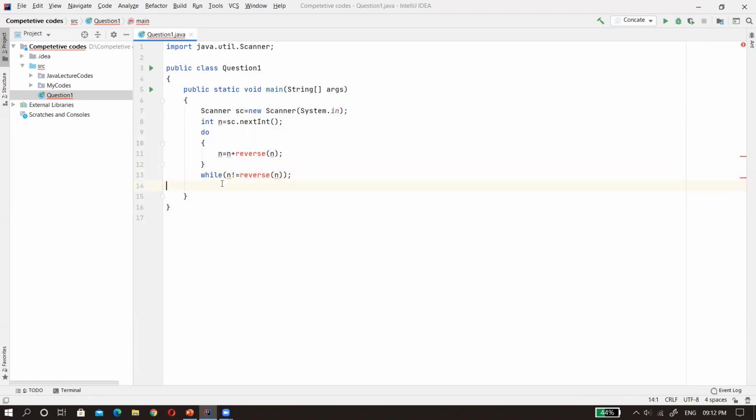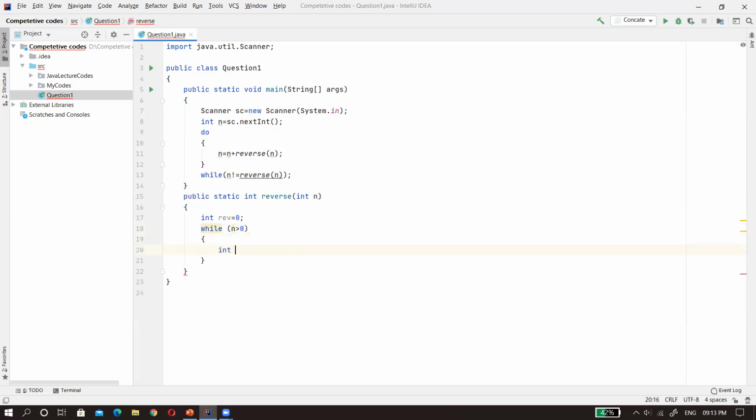So now only one thing is remaining, that we have to create the reverse function. Public, then you can see I am calling the function without an object, so I am creating it as static, and its return type is int because it is returning the reverse, and its name is reverse, and it is accepting a number, let it be n. Now what do we have to do? We have to take a variable reverse which will store the final reverse value, and let us initialize it with 0. Just now we have seen the digit extraction concept, and this will repeat until n is greater than 0.